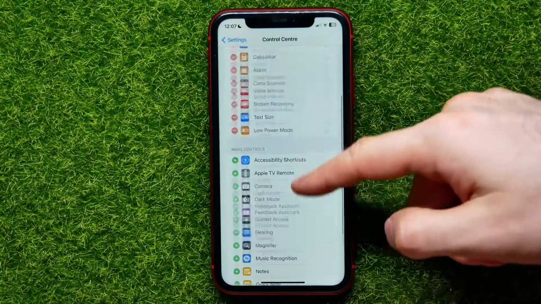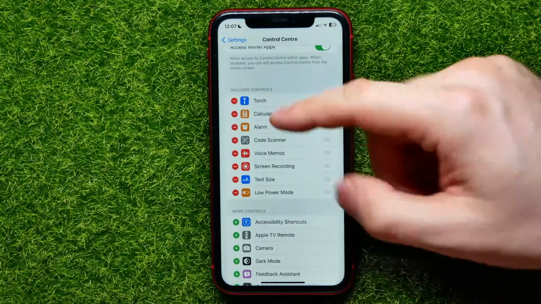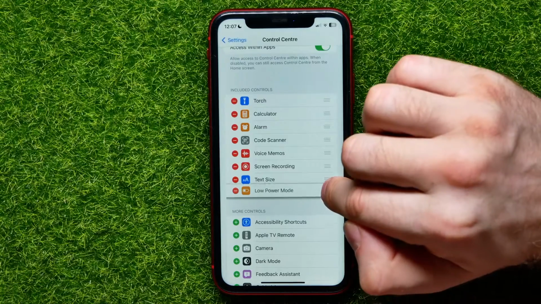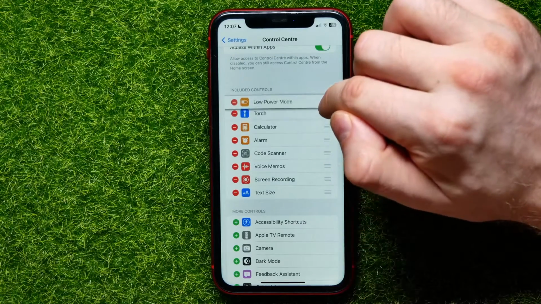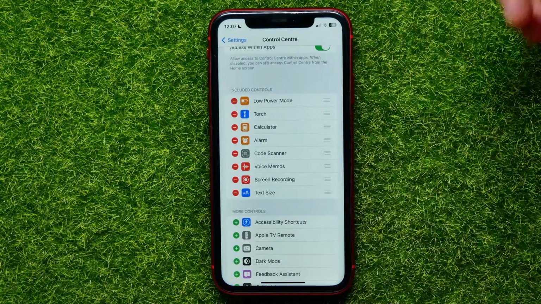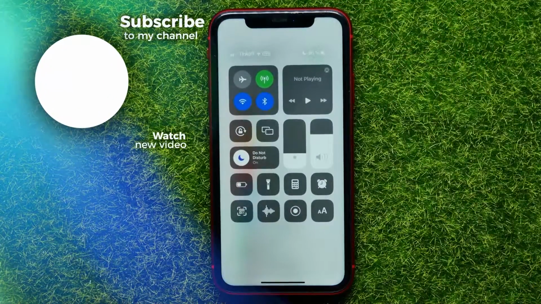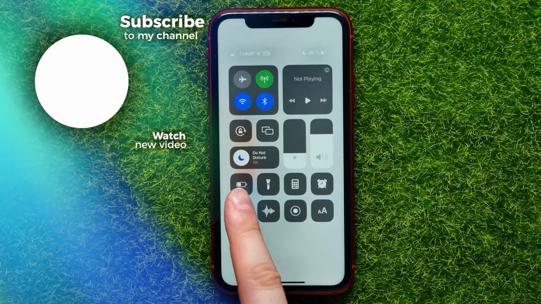Also, from here you can change the order of that shortcut, so you can hold down and move this feature to any position that you want. Now it's first, and you can open up control center, and now you can easily find this feature at the very